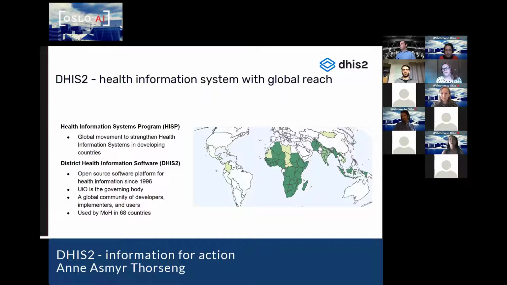The use cases are mainly in health, but we also do work in some other domains. We're starting to move into the education sector. So instead of counting the number of children vaccinated, you could also count and do analysis on the number of children in school and the number of desks and classrooms, for example. It's the same use case, just a different domain. But mainly we work in health.